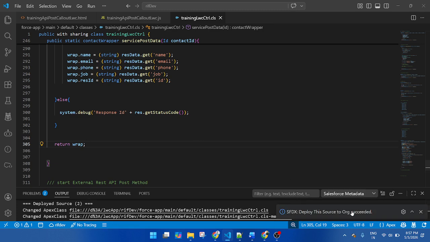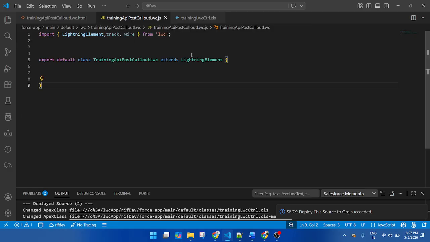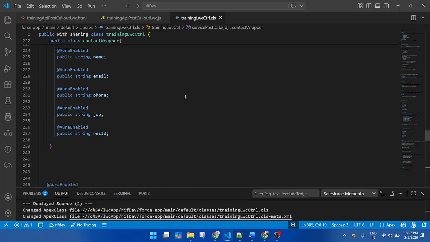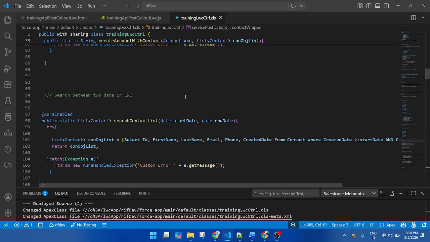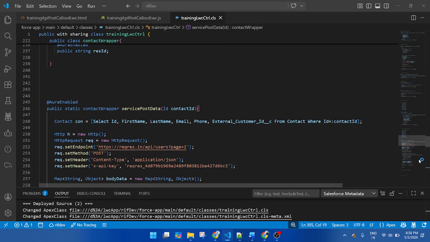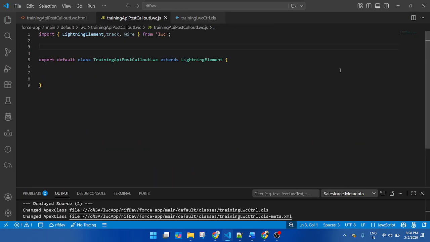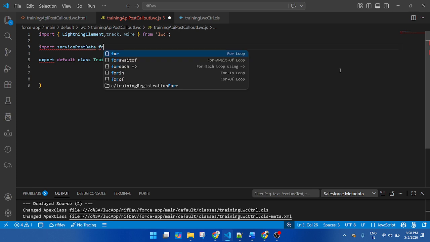Yes, you can see my code deployed successfully, and now let me go to the JavaScript part. First I will import the method. The name of the method is service post data. So go to JavaScript and import from